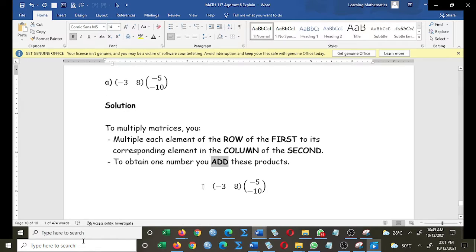The 8 is the second element in the row of the first, isn't that so? Yes. Which corresponds to the second element in the column of the second, you see. Times negative 10. And then just to get one number,